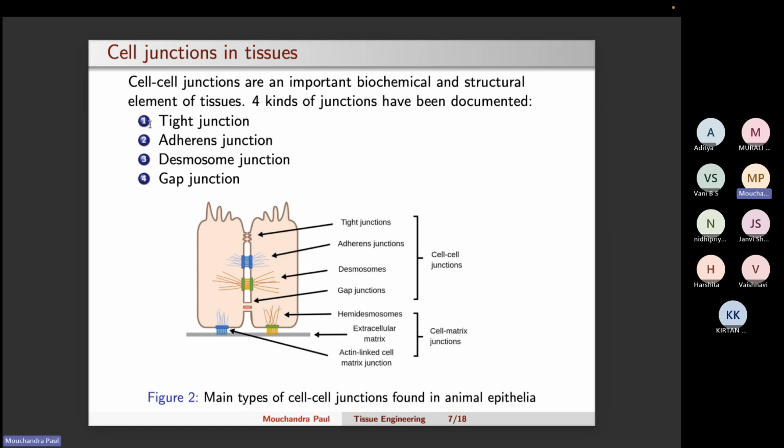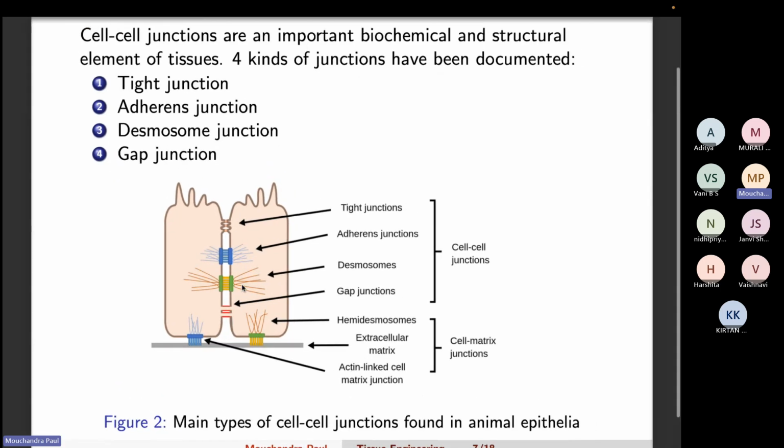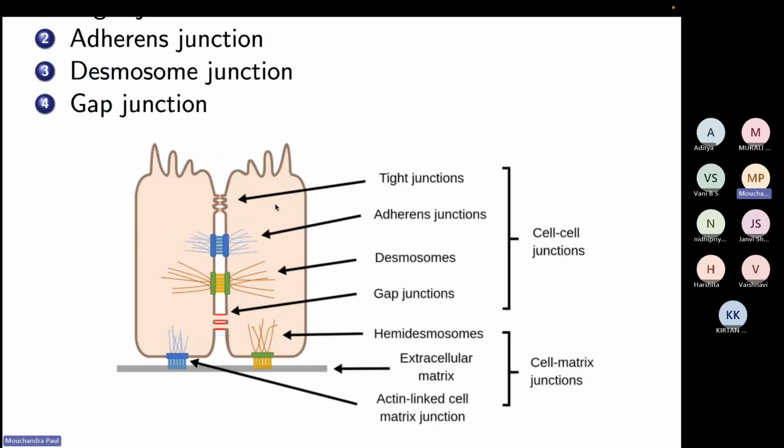If we look closely at what kind of cell junctions are there, we can categorize them into four junctions. One, two, and three: tight junction, adherens junction, and desmosome. These three junctions allow mechanical contact, whereas the fourth one, the gap junction, has a hollow passage through which the molecules can pass. So if we look at a diagram of how the junctions look,